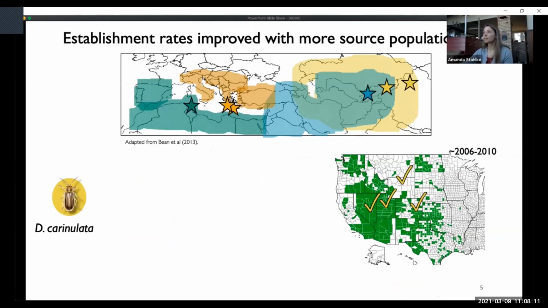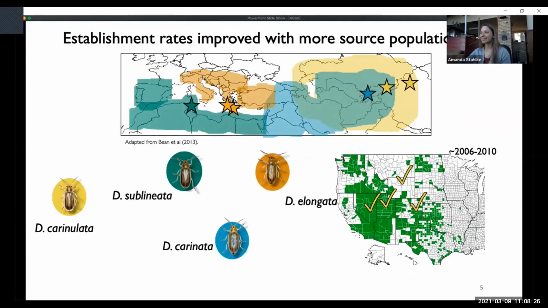Establishment rates improved with additional source collections, indicated in these stars, across the diverse range of tamarisk. So in addition to Diorhabda crenulata, Diorhabda sublineata, carinata, and elongata were collected from Northern Africa, Tunisia, Greece, and Uzbekistan, and an additional crenulata population from Chilik, Kazakhstan. And between 2006 and 2010, these additional source populations successfully established in these more southern latitudes, which is great. But